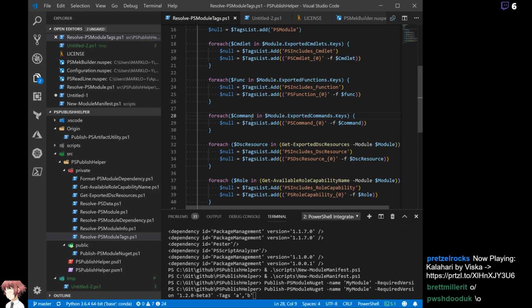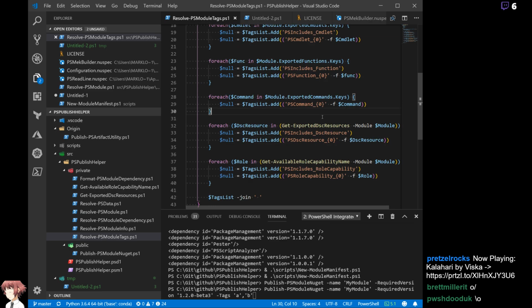And then command, this gets exported for all functions and commandlets. So every single function and every single commandlet does this. I believe aliases show up here too, because they're technically exported commands. But